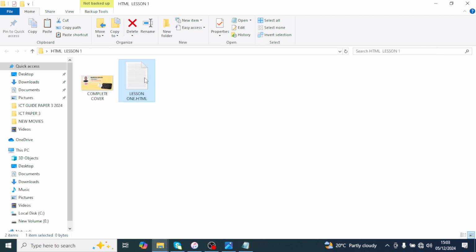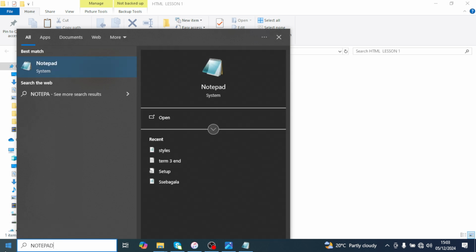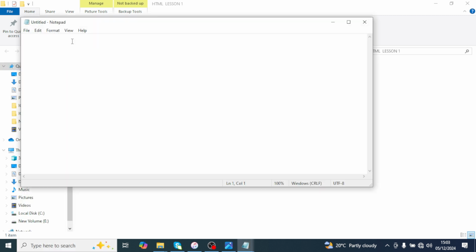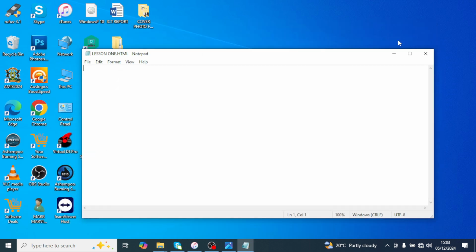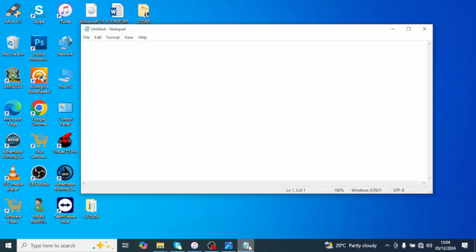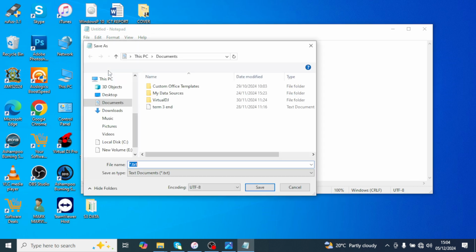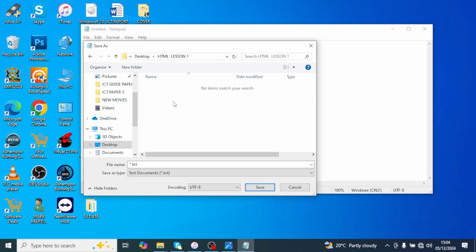Now if you don't want that way, I can delete that, or I can recycle it. Then I can go back to the start button and type Notepad, and then I just open it and give it a location of my folder. My folder, in this case, is right here. It is HTML lesson 1. So I've just opened Notepad from the start button, and I can click at file, then go to save as, and then I give it a location. Under desktop there is a folder I'm using, and it is called HTML lesson 1. I can open it, then I can rename my text document as lesson